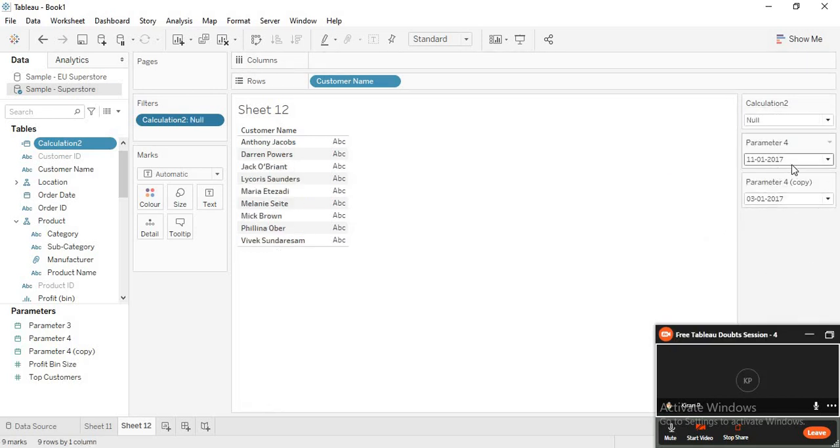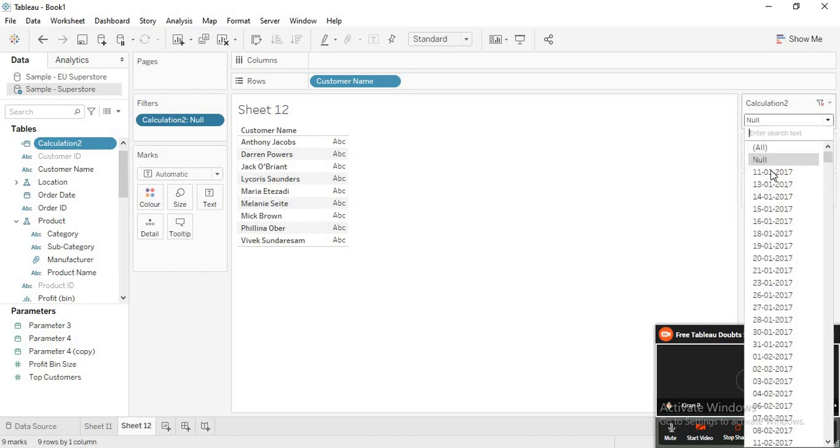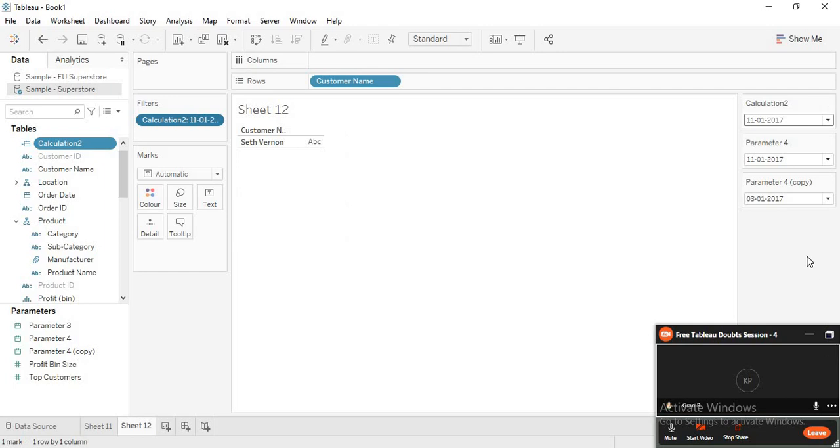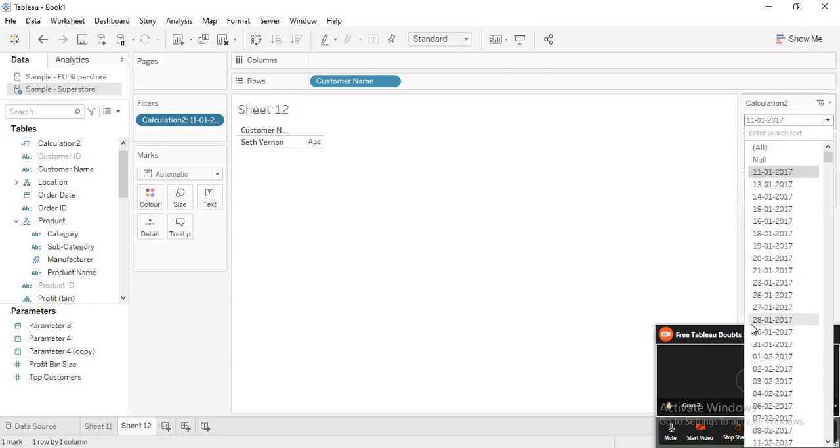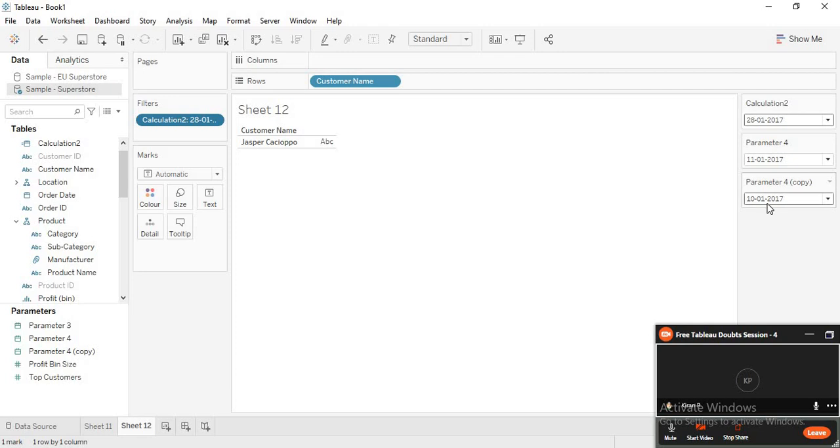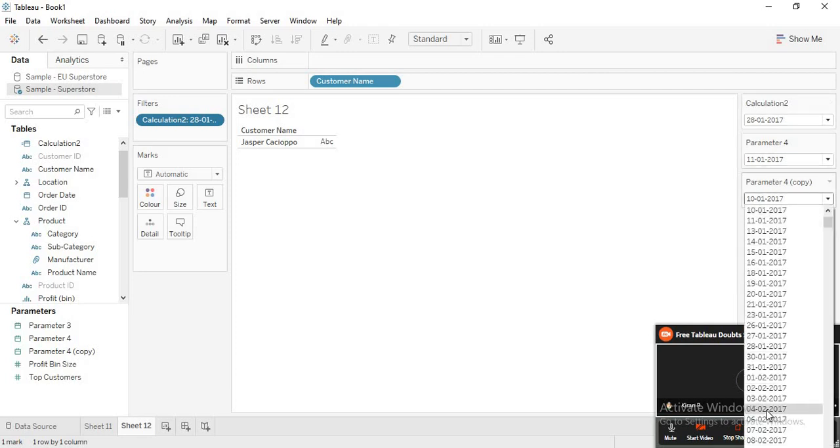Okay, now I think it should work. Now when I select any date in here, that should reflect that date. It is reflecting the latest date from that, if you see here, right?